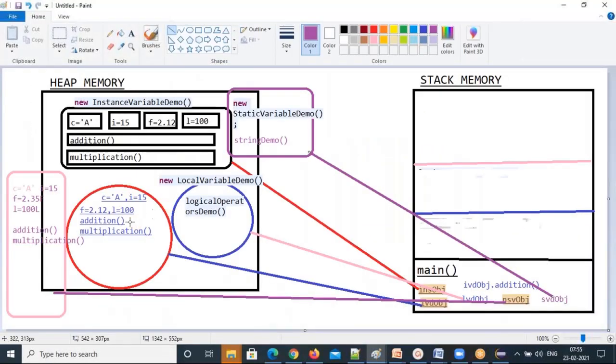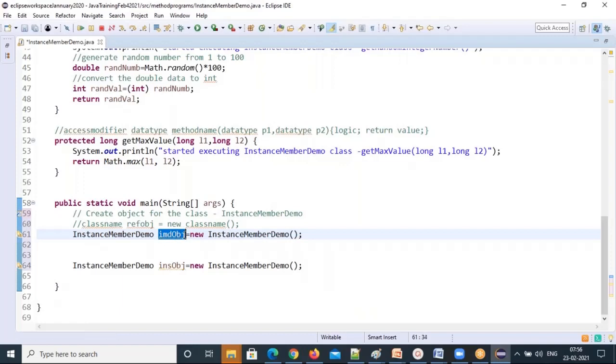That was very clearly explained in the last class. When you create an object, it will allocate memory in this heap memory. All the instance variables and instance methods will come and store in this object address. Then the object address is referred to by that local variable under the main method, so I can use this object reference in this method only. If you want to use this object reference in another method, make this a global variable. You declare this outside the methods. That's the global variable concept.